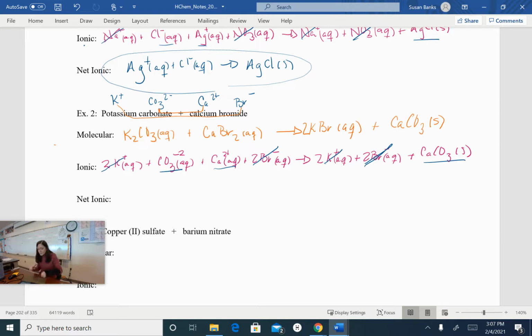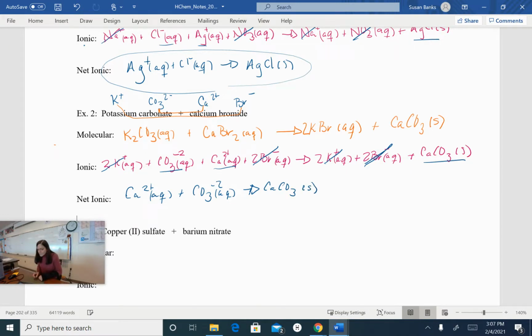Now we're going to draw the net ionic equation. We're going to write it with the positive ion first. So calcium is our positive ion. Calcium getting together with carbonate is going to make calcium carbonate